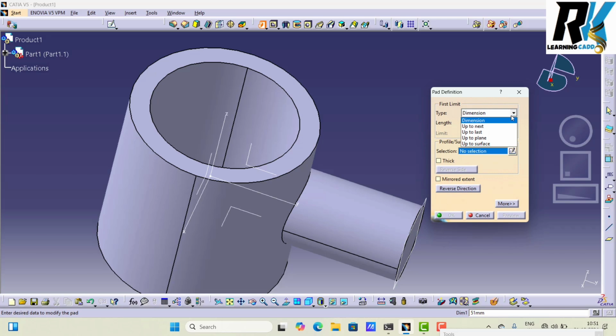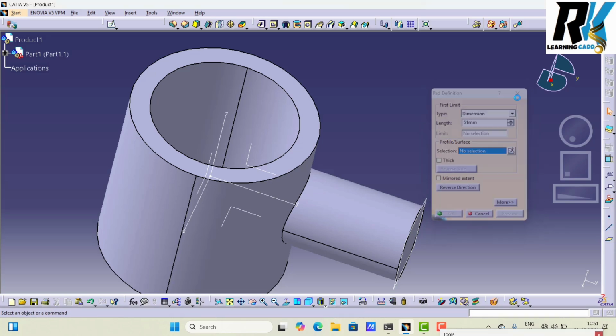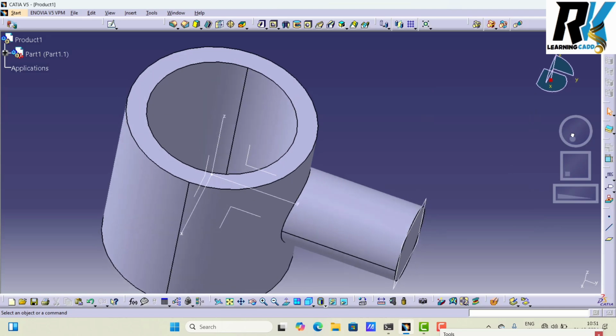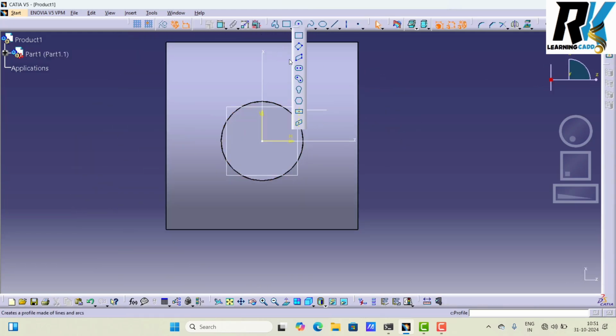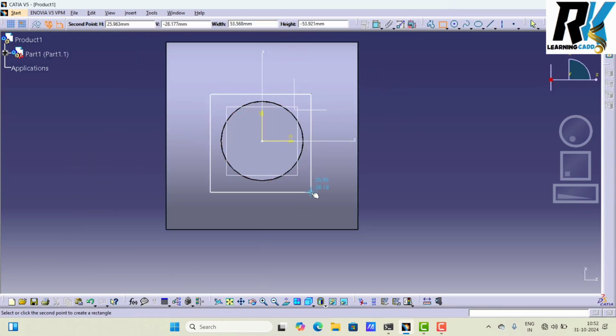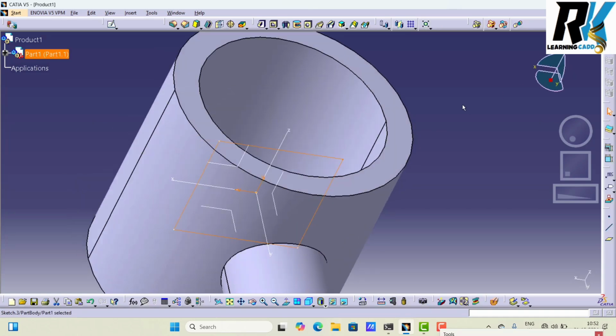This is the total set of Pad options which I have explained: Dimension, Up to Next, Up to Last, Up to Plane. In the same way we can follow both directions. Suppose I create one sketch here, I make one rectangle, and finish it.